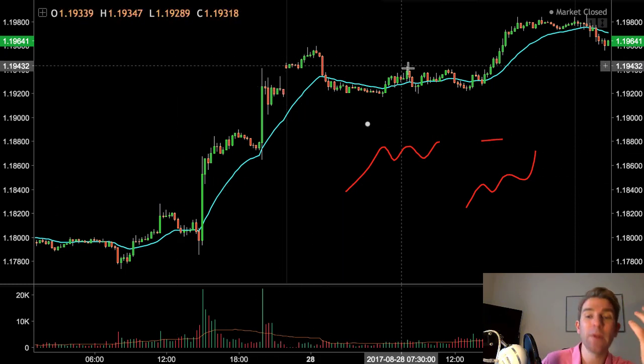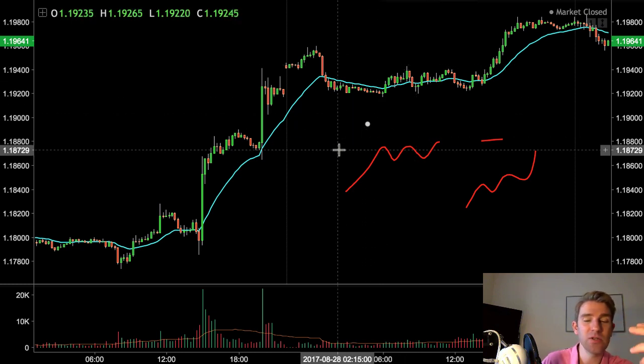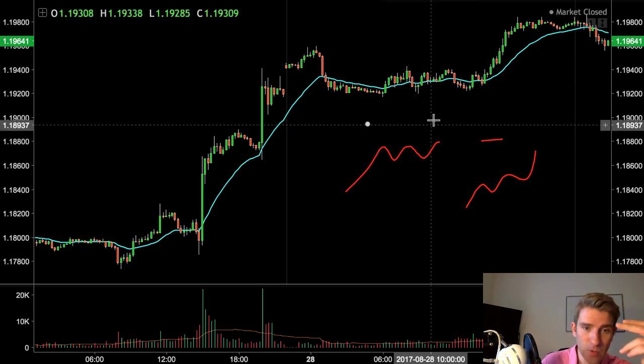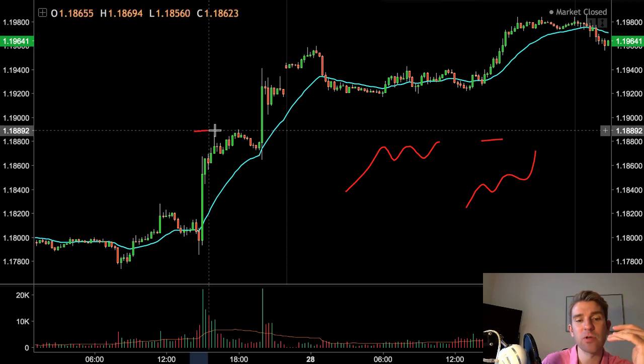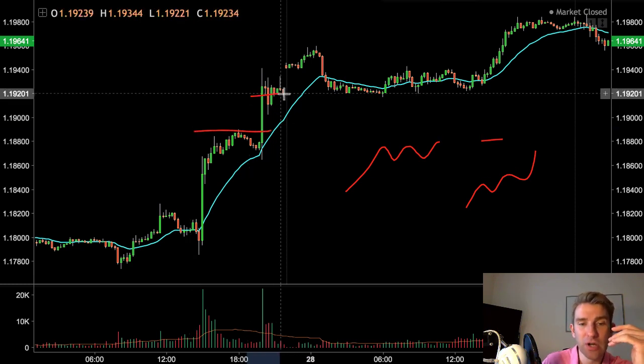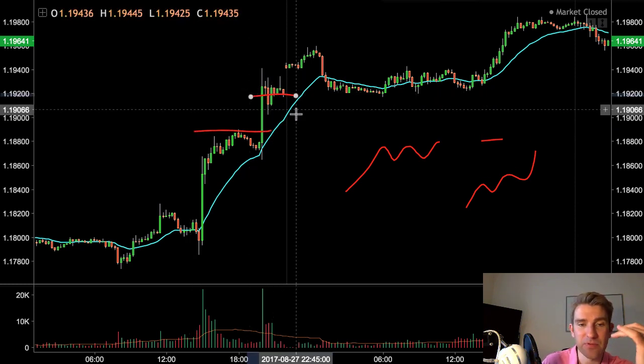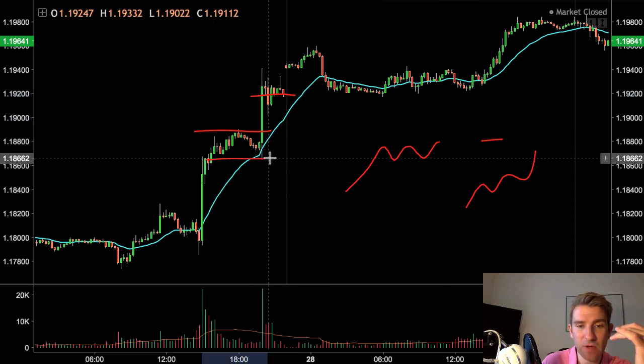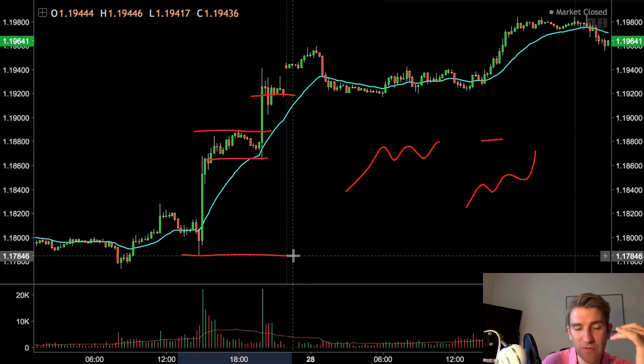Day 2, we're prepared. We say, okay, what do we need to do to be prepared for day 2 plays? We say, right, where are our key levels? So we got a high here. We had a good level of support here. That was the previous close. This was where we swung out here. This was the ultimate low of the day.